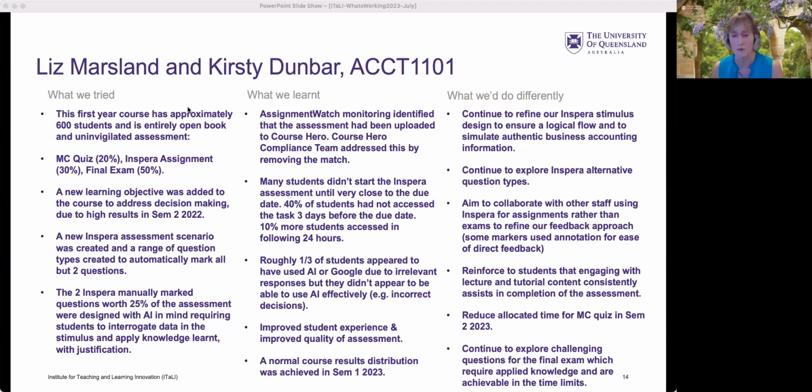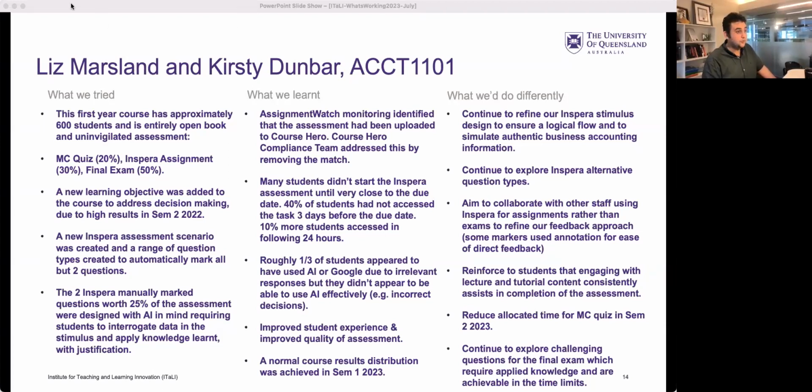Even though it was all open book, we were able to make sure the students with the knowledge could achieve well under those time limits, but for students that didn't actually understand the knowledge, ChatGPT wasn't helping them answer our final exam questions, which is great. So that's a bit of a summary of all the things that we've achieved in semester 1 2023. Thank you so much. Open to questions and comments.